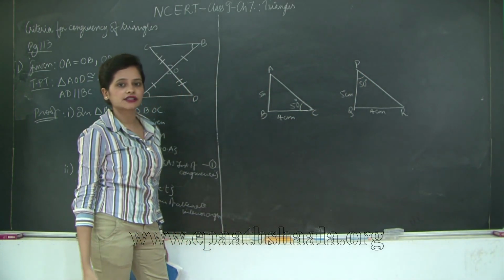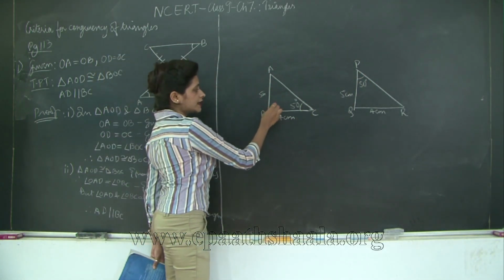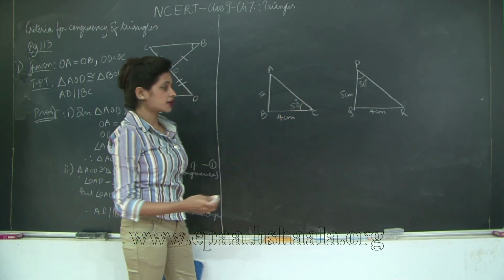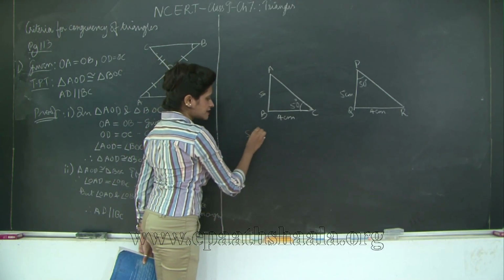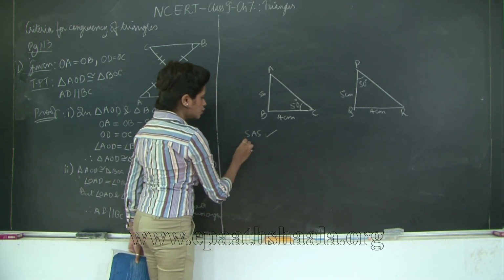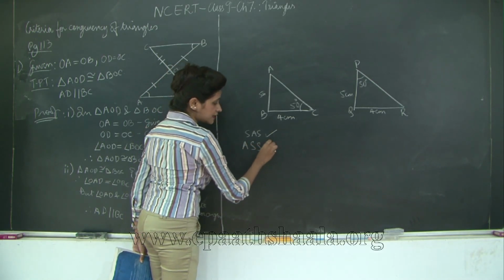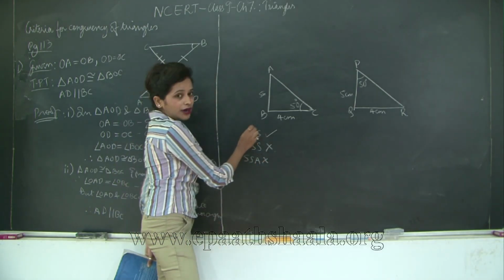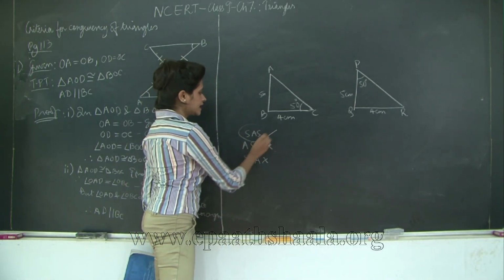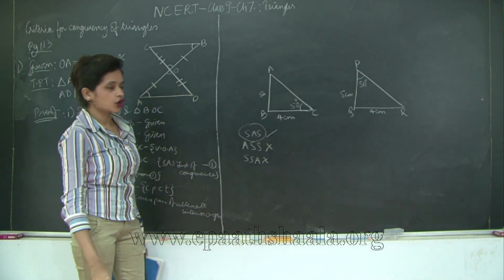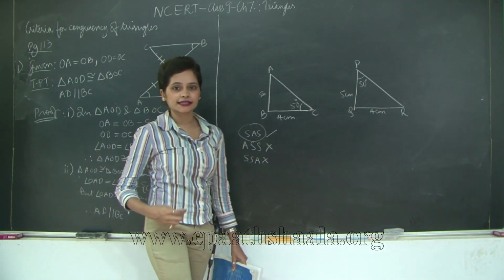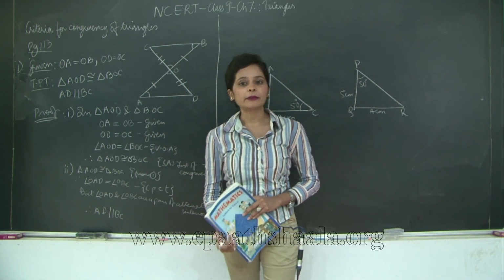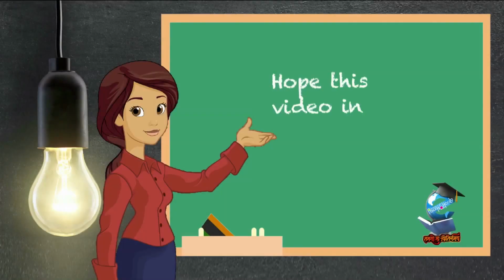Can you say that the two triangles are congruent? No, you cannot. It is not the included angle. So, when the angle is not included, you cannot really prove that the two triangles are congruent. Therefore, although SAS is a test of congruency, ASS does not stand, also SSA does not stand. So, only when you have two sides and the included angle, the only test that stands is the SAS test of congruence. So, with this we wind up today's class. We will take a look at the other criteria for congruency of triangles in the forthcoming lectures.